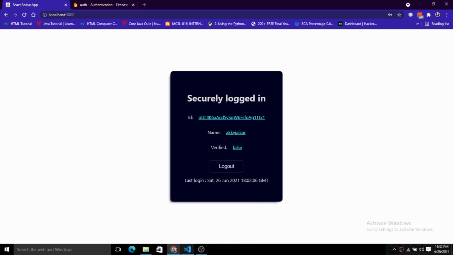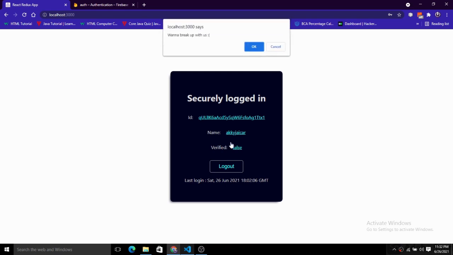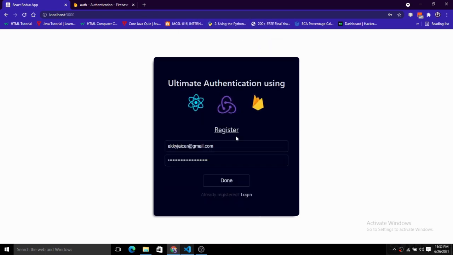So here using this Firebase, you guys can simply add more features to this, just like a forgot password option there. You can simply add an update your password, reset your password. All these features you can add using this Firebase authentication. This is the whole simple authentication system that we have built using Firebase.